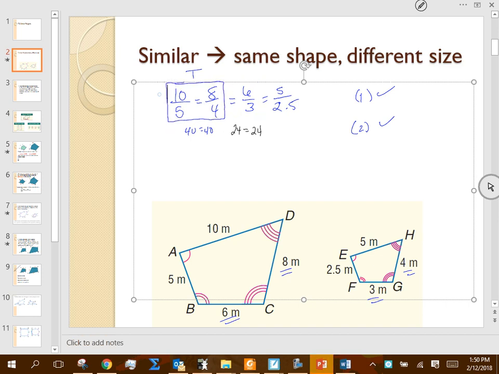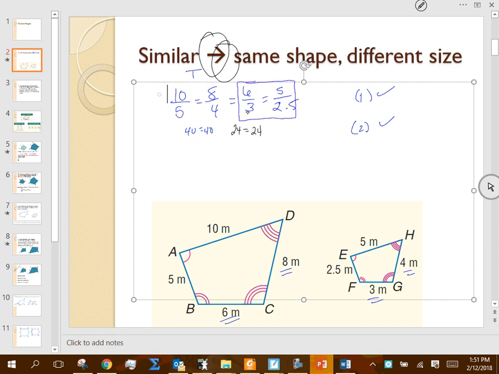So right now we said those two things are equal, but those two things are equal as well, right? So what's that tell me about that thing and that thing? Okay, equal. They're equal as well. And I don't even have to look at them, right? I can use a transitive property there. But if I cross multiply, what's 10 times 3? 30. What's 5 times 6? 30. Okay. And now I could maybe do